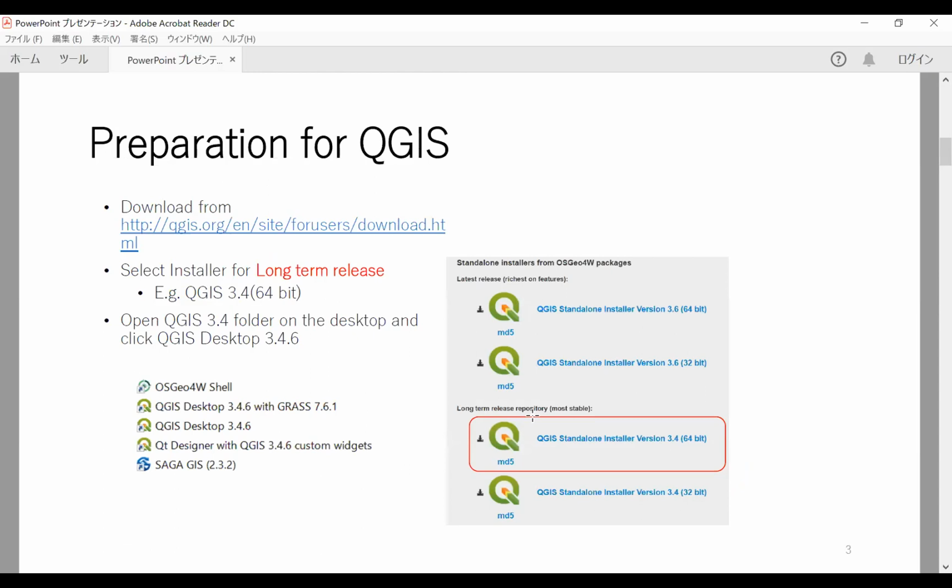Okay. So first, I'd like to check about the software we use. Although Dr. Komatsu already introduced it, I'll check again. First, about the QGIS software, I expect you already installed it. And my recommendation is a long-term release version, because this version is